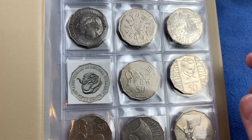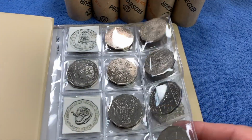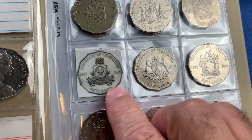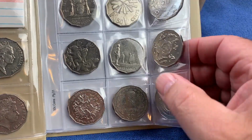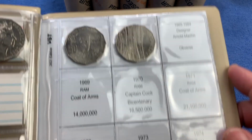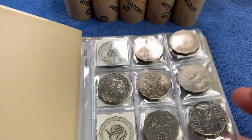We are missing the 25th anniversary of decimal currency from 1991. We have a whole heap of commemorative coins right up until the Centenary of Federation for South Australia that we haven't yet got, but everything else within the book is complete up to the 2019 Year of Indigenous Languages. Got a couple of other coins of note down the bottom here, but got coins on the table, so we're